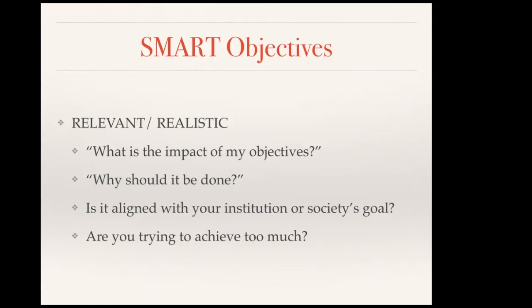So it would be good to ask your mentors as well as your senior residents. Another consideration for a relevant and realistic objective is that it should be aligned with your institution or society's goal. So it would be good if you look at your institution or your society's research agenda, whatever is very important in your society. Like for example, the PCP may be encouraging or giving out research grants for let's say treatment